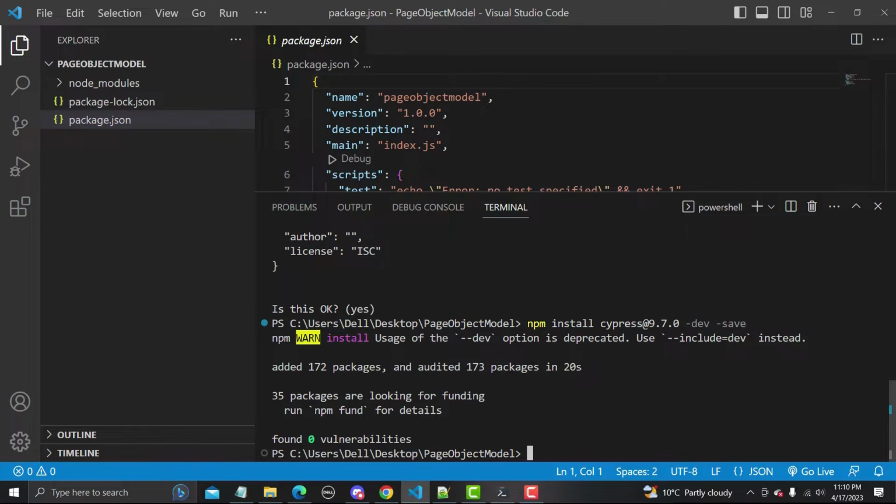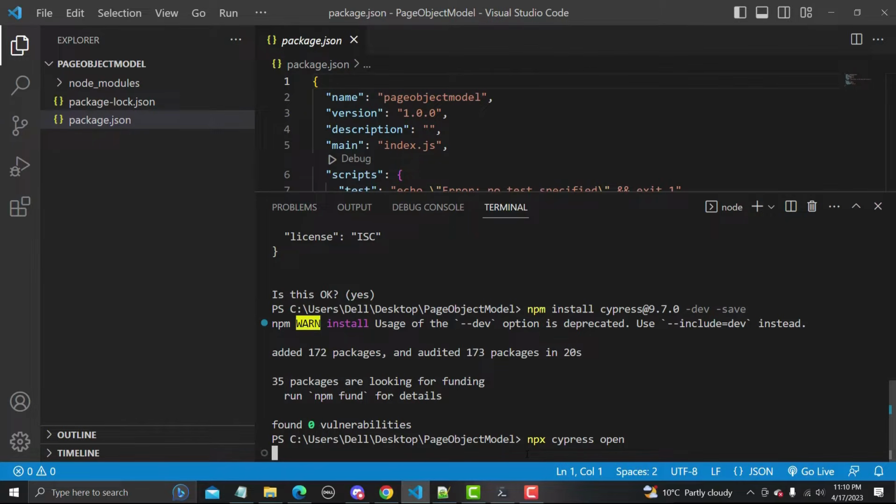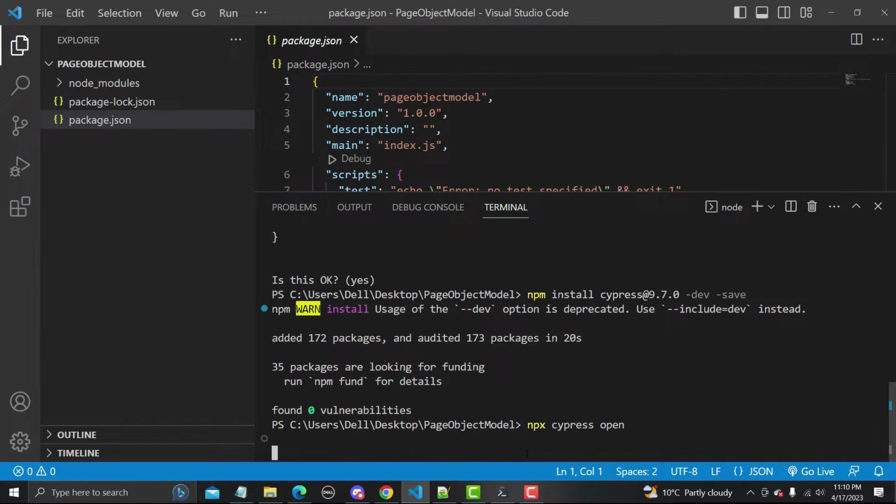So, npm install cypress is done, and here you don't see any Cypress folders as of now. In order to get the folders, we simply need to run a command called npx cypress open. It will take some time to load, but because it will be creating the folders on the backend side, it will be opening the test runner for us. So we need to wait for this. Once it is done, we will see the Cypress folders here.